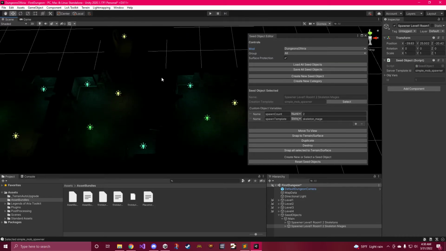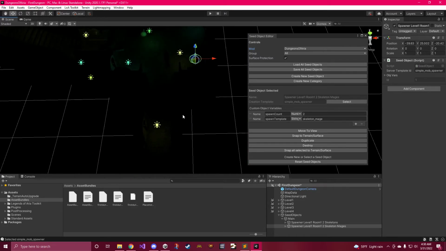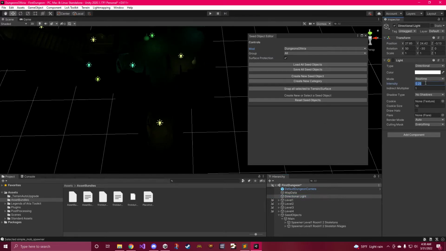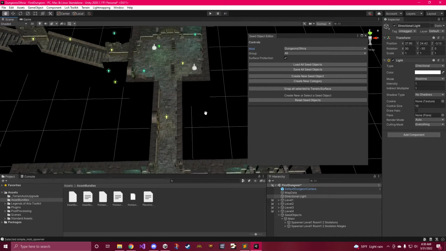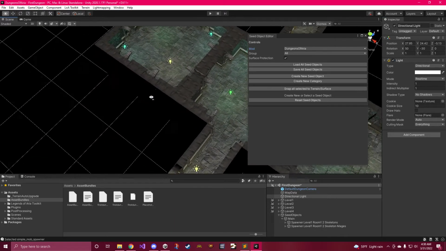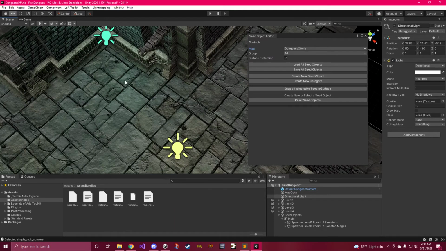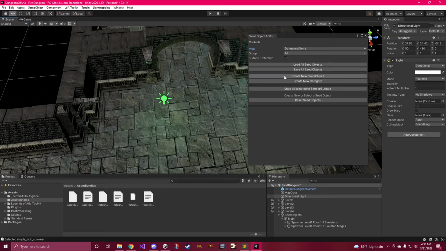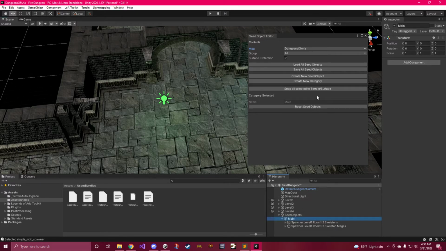So I think probably just to make this a little bit longer, let's go ahead and change the directional light up. I'm going to bring it up to 1 here. The intensity, I think I have it off too. So all right, now I can see what I'm doing here. Let's take this room right here, and I want a door here, right? So the first thing I want to do is we'll be in our seed objects, and I'm going to create a new seed object,